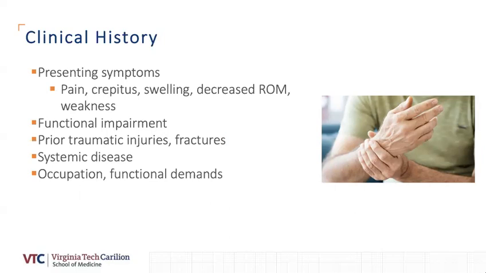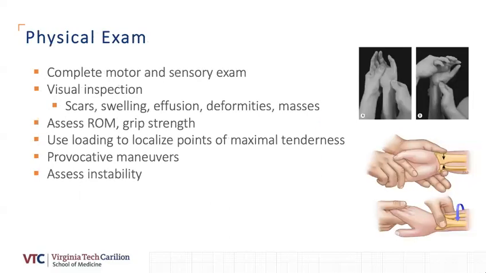And then, of course, you always want to ask them about their occupation and what kind of daily functions they're doing to assess how much load and impact that their hands have on them. So you want to always do a physical exam, including a complete motor and sensory exam. You want to look at the hands, look for any scars, which may indicate that they've had a prior surgery or trauma, look for swelling, effusions, masses,